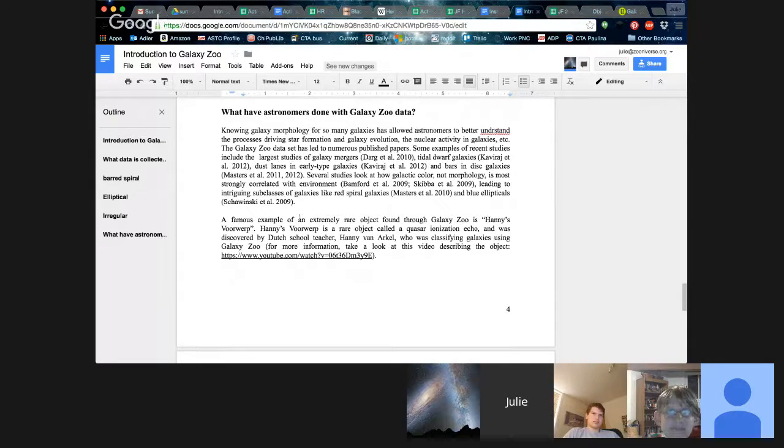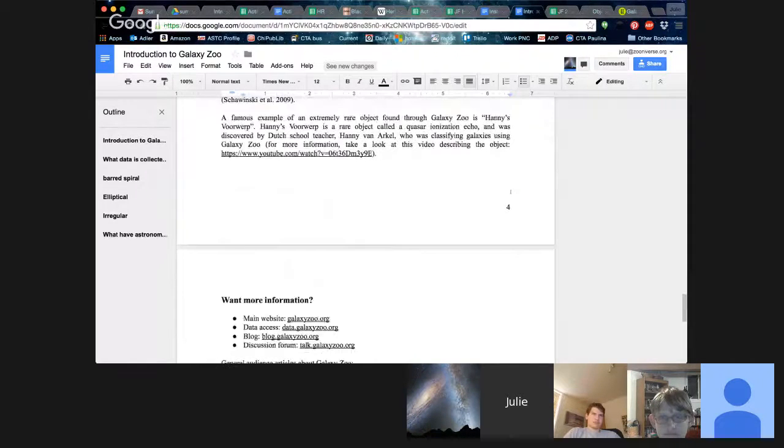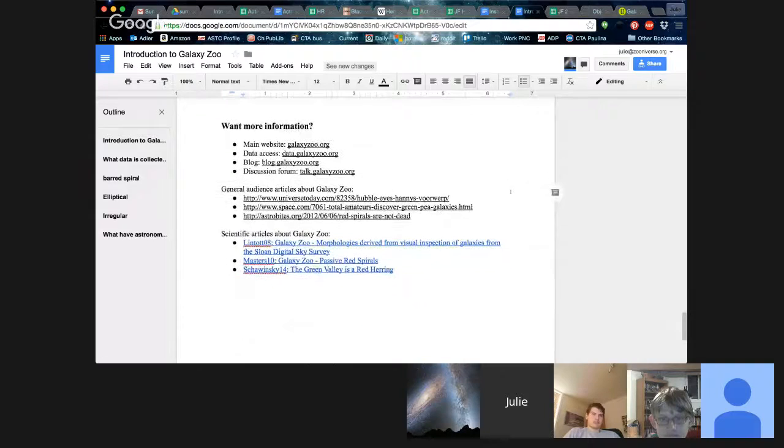There are studies on different types of galaxies, like dust lanes in early type galaxies, or looking at how bars form in galaxies, looking into the environment that certain types of galaxies are in. So what other types of galaxies are around that type, and looking at how ellipticals form, how spirals form. So this project has made a lot more things possible. And at the bottom of this document, we do have a link to the blog if you wanted to look for more information